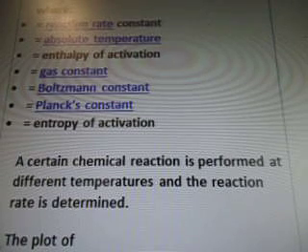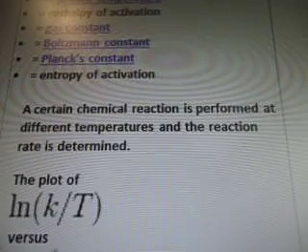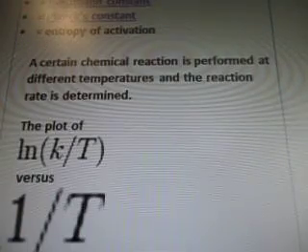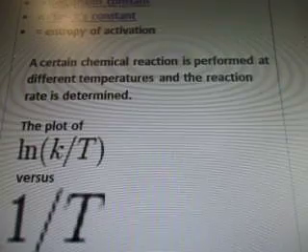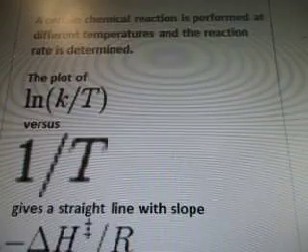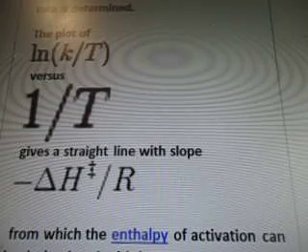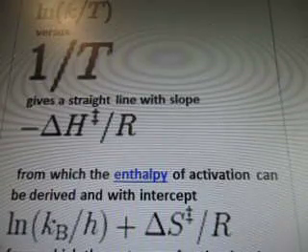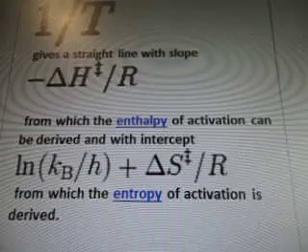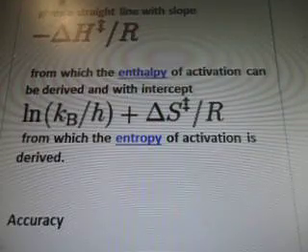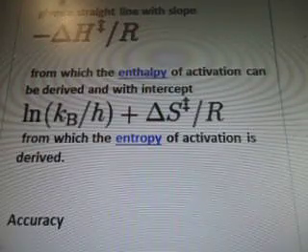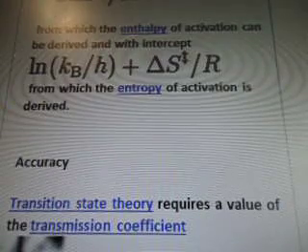k equals reaction rate constant, T is absolute temperature, then enthalpy of activation, gas constant, Boltzmann constant, Planck's constant, entropy of activation. A certain chemical reaction is performed at different temperatures, and the reaction rate is determined. The plot of, and there's the formulas there versus that, gives a straight line with a slope equation, from which the enthalpy of activation can be derived, with the intercept of another equation, from which the entropy of activation is